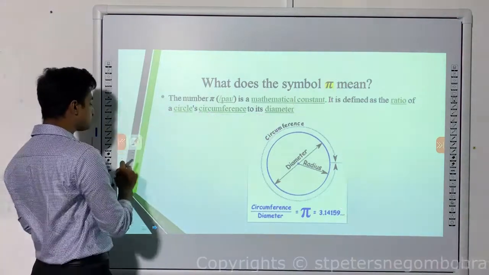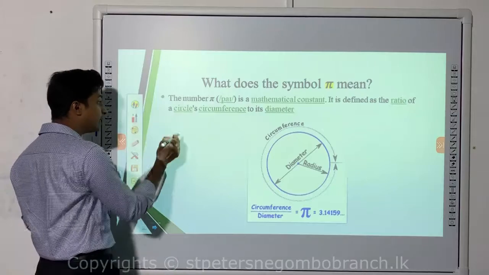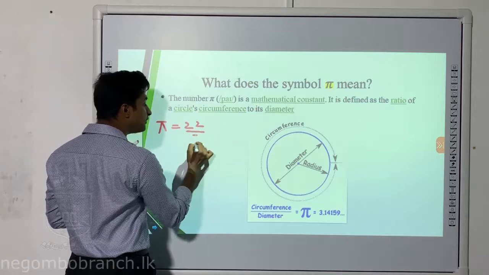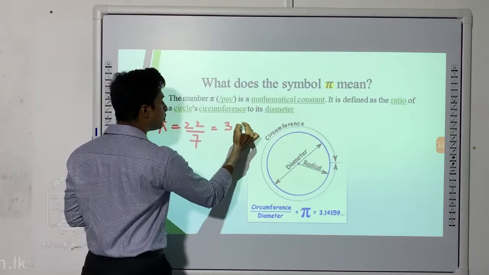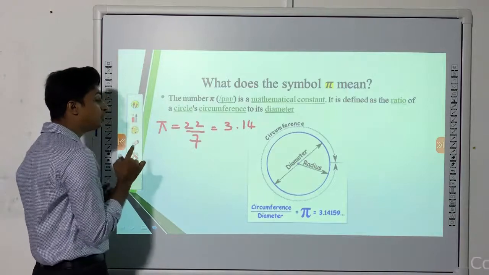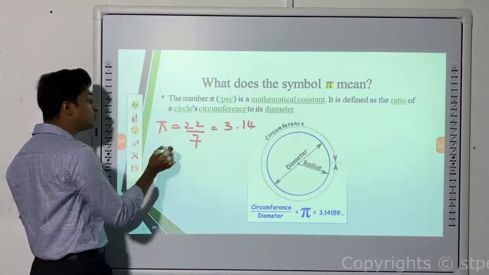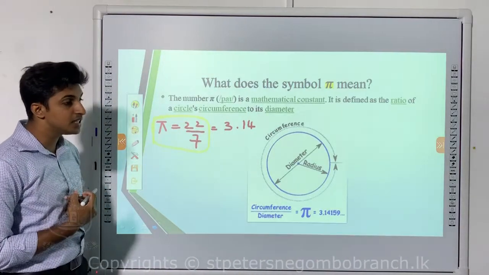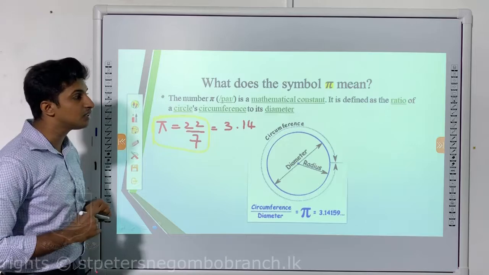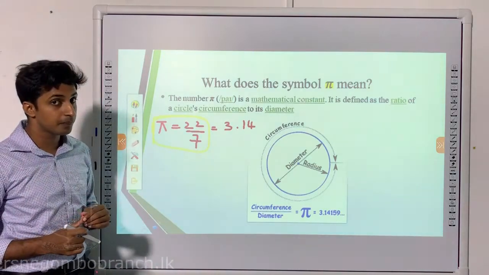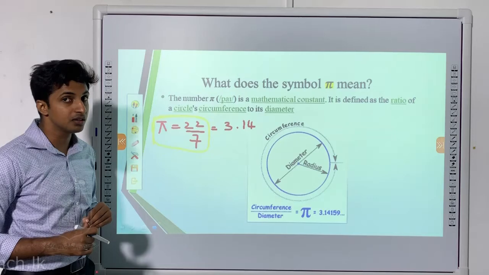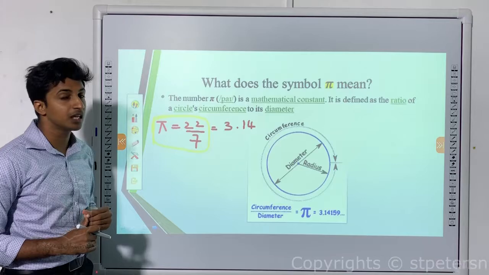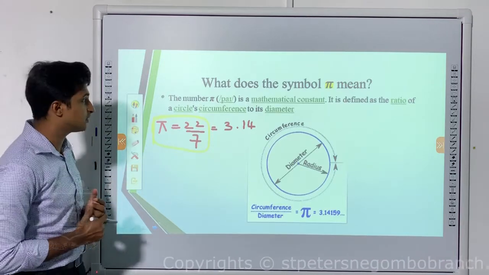So generally the term pi, in our mathematical context, we take it as 22 over 7, or you can take it as 3.14. But usually when you are doing questions, it is better if you can use 22 over 7 for answering questions, because it is easily simplifiable in the steps that we will be using. So either we use 22 over 7 or the decimal value, but usually we use the fraction, 22 over 7.